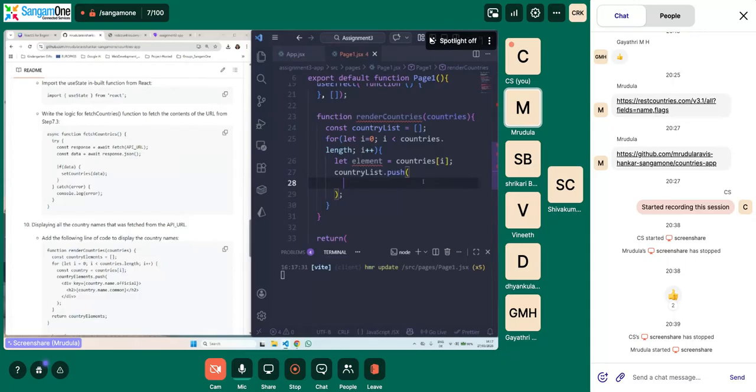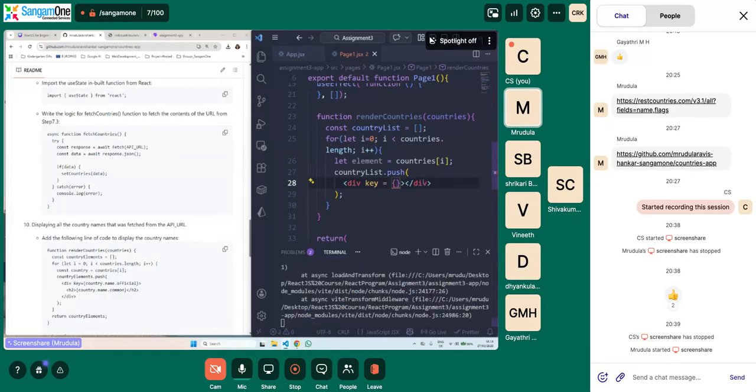In order to do this, we will have to enclose all these things into a single HTML element called div. Okay, so div, and remember we always have to use a key, a unique identification for each of the elements in the loop. So we will have the key as country name.